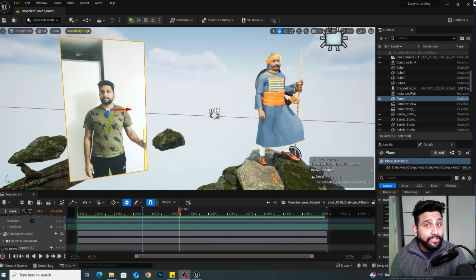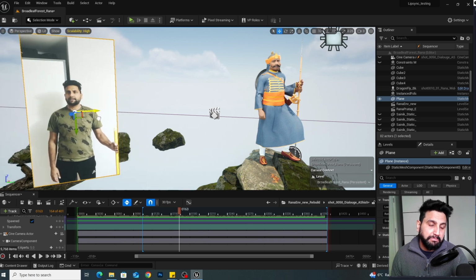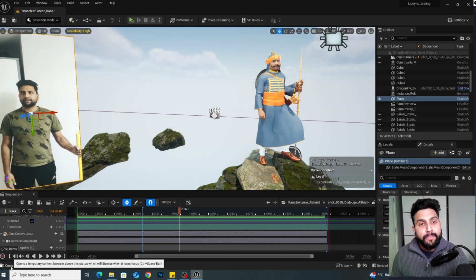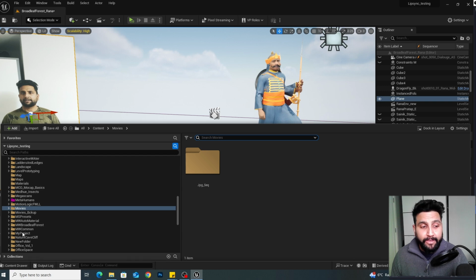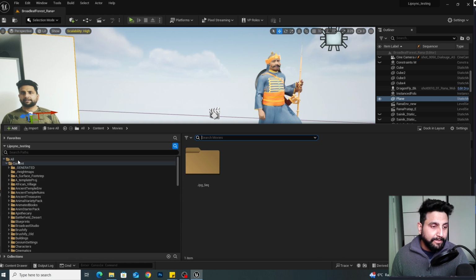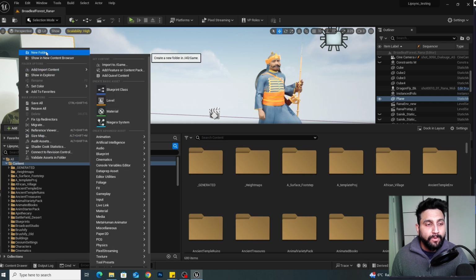Okay, so let's get started with setting up the image plane. Here on my viewport, you can see there's already an image plane set up, so I'm just moving it out of the viewport. The very first thing you have to do before you start anything is to create a specific folder. That's a necessary requirement, because it makes project migration easy. So go back to your content folder and create a new folder called